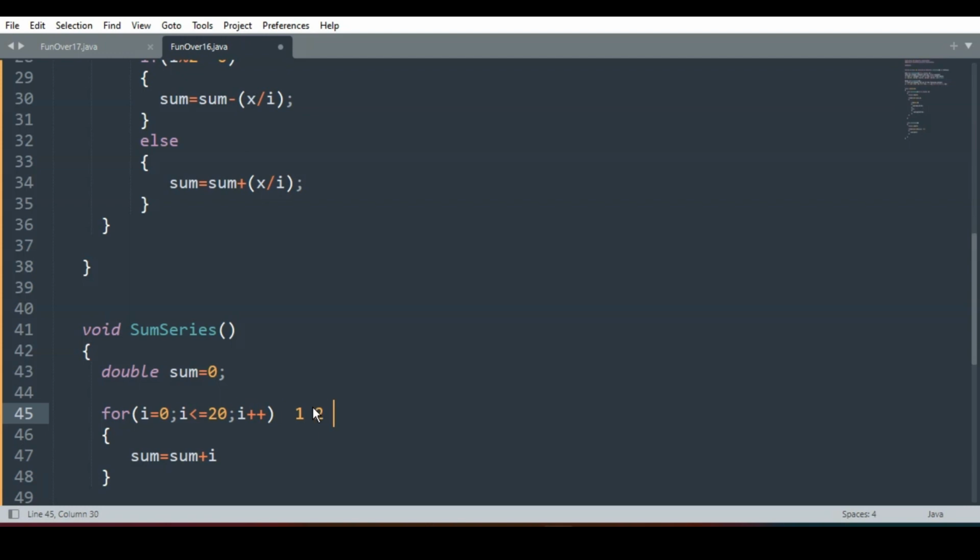We don't have to add 1, 2, 3, 4 till 20, right? We don't have to add that. What are we supposed to do? We have to add successive products, that is 1. Then I have to add 1 into 2. Then I have to add 1 into 2 into 3, plus the next term will be 1 into 2 into 3